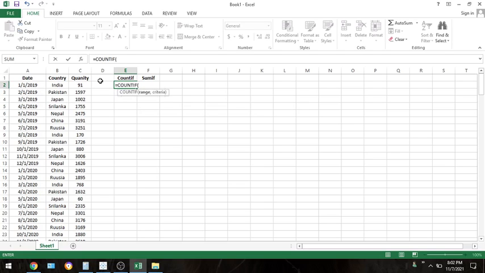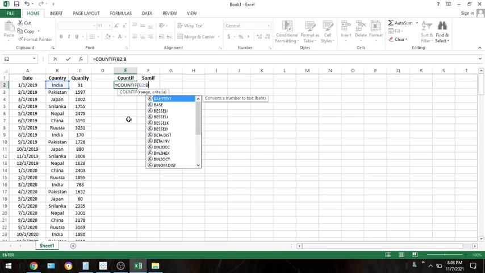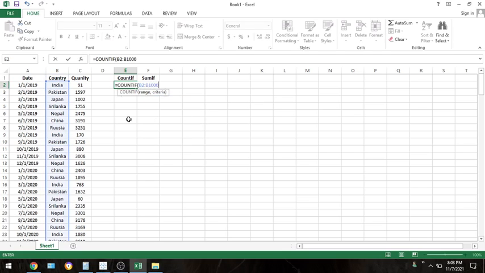Press tab. Once you press tab, it will ask for the range, what range you want. So basically from the countries, whatever the India, I want those count. Okay, so I am clicking this range B2. Till what range you want? I want till all the ranges. Right now I am typing 1000 for example, so that it goes everywhere, comma, the criteria. What is the criteria? I want only the India, right? So I am typing double quotes and I am writing India and I am closing this. Once you close this, see, you get the 25.